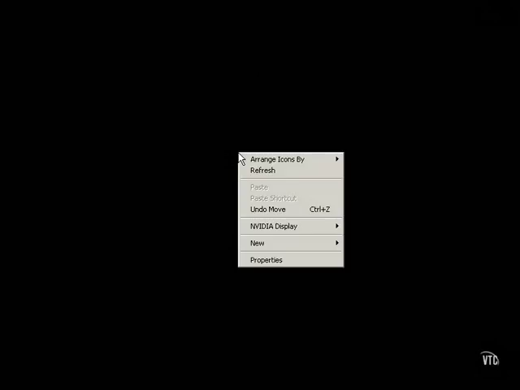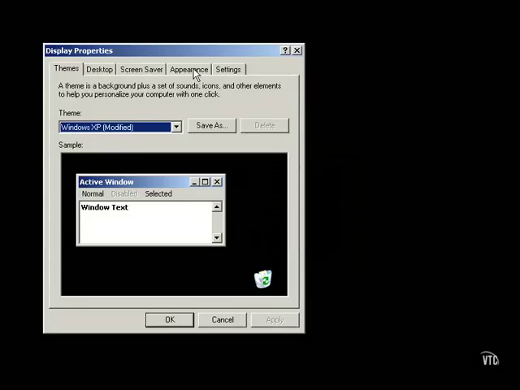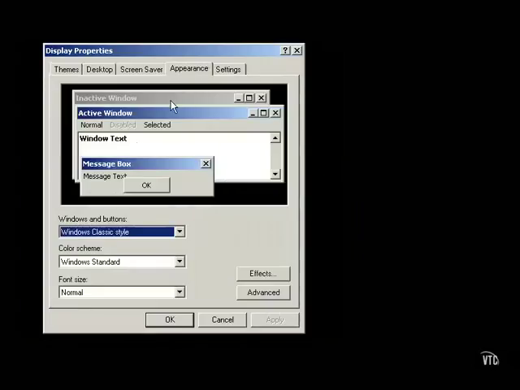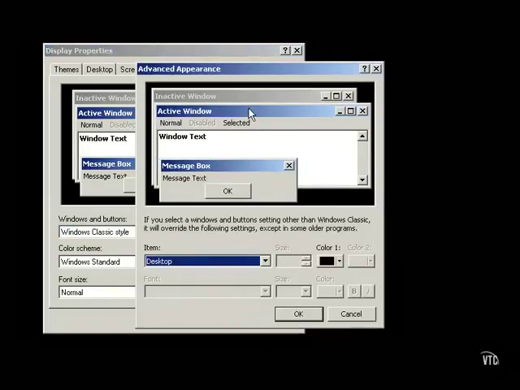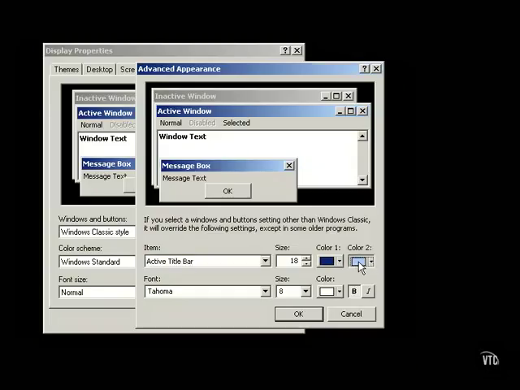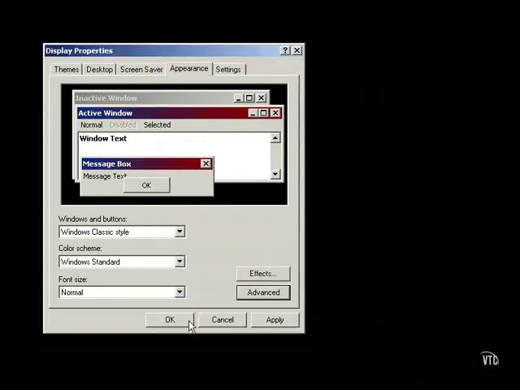In Windows XP, right-click on an empty area of your desktop and choose Properties. Under the Appearance tab, you'll see that I'm using Windows Classic Style for my windows and buttons. If I choose Advanced and click on a title bar here, I can define the colors that Windows uses for all of my title bars. They're located here. So let's change color 2 to red and apply it,